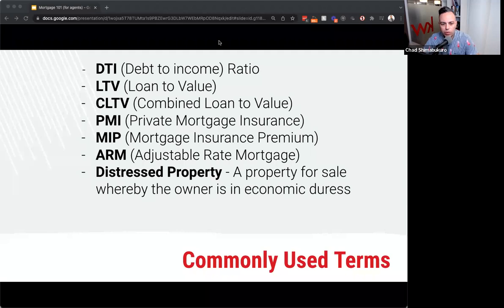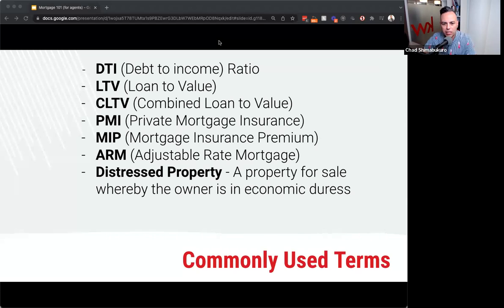But if you do that, moving on to the next one down on that list, which is PMI, private mortgage insurance, PMI kicks in when you finance over 80% on one loan. And what PMI is, it's another cost, another added layer of fee that the buyer will have to pay that doesn't benefit them per se. It's an insurance that covers the lender who's doing the financing. And the cost of that insurance per month will fluctuate depending on the risk. And the risk is going to be dictated by their FICO score, by how much over that 80% it goes.